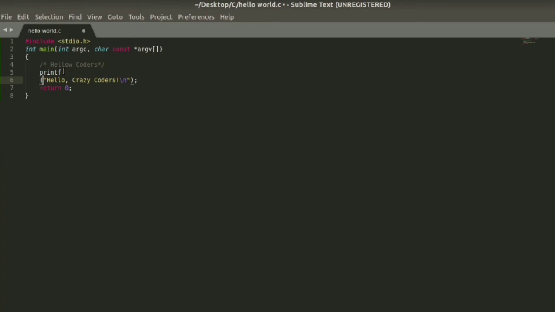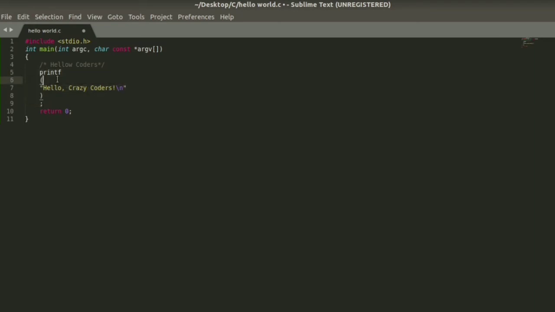Let's split all the elements into tokens, save and run the file as before. It gives the same result as we got earlier. Let us split all the elements in the printf statement into the printf identifier, symbols like the parentheses and semicolon, and the string literal.